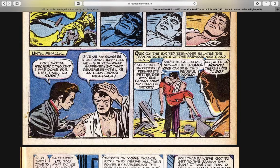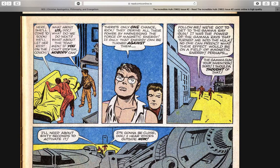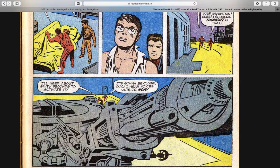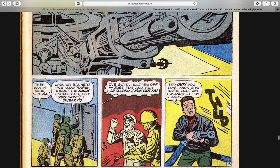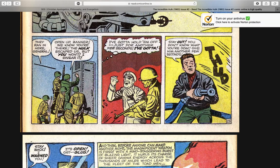to Bruce Banner. We see that Bruce Banner then picks up Betty Ross, who is still unconscious, puts her on a bed so that she won't learn the dangerous secret of Bruce Banner being the Hulk. We see that Bruce Banner then comes to his senses and says, "You know what? I can use my gamma ray gun, and that will cause all these fleets of alien ships to go back to their mothership." And so that is exactly what we do,